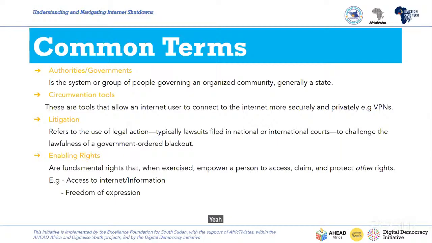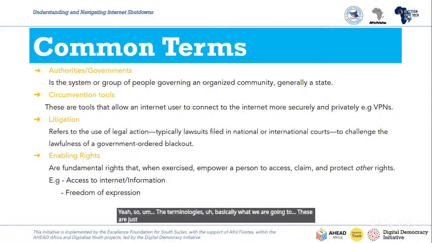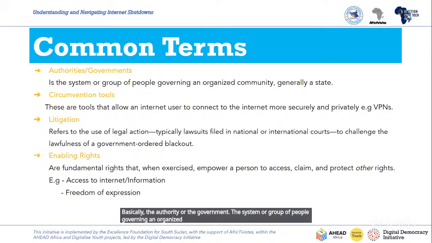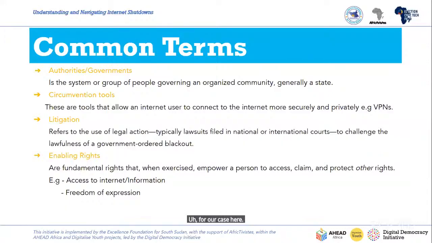Yeah, so the terminologies. These are just some few common terms that we normally use when talking about shutdowns. One is the authorities or the government. Basically, the authority or the government is a system or a group of people governing an organized community or generally a state. For our case here, mostly the government or the authority is the government of South Sudan.